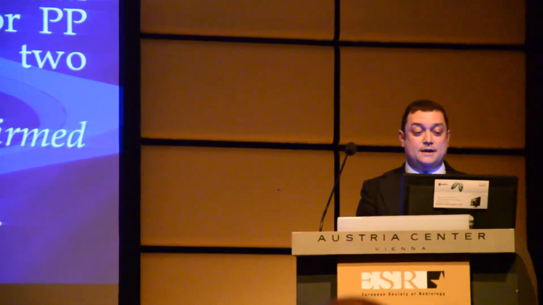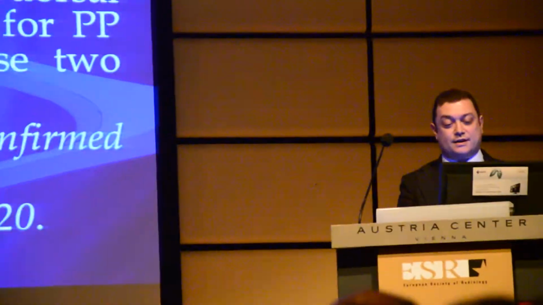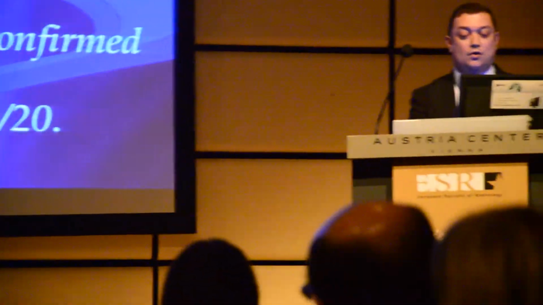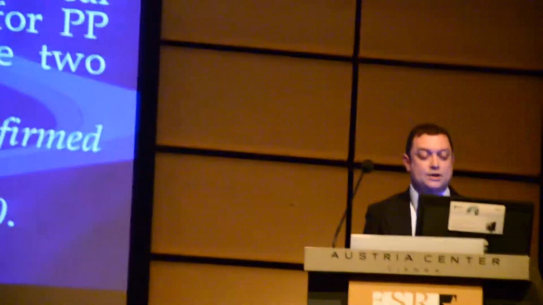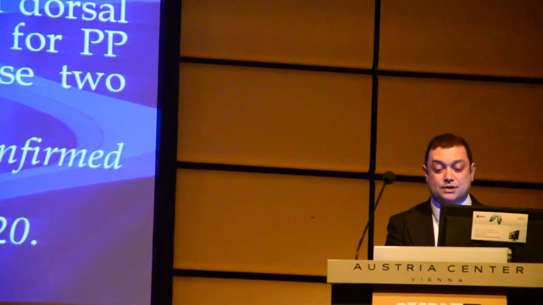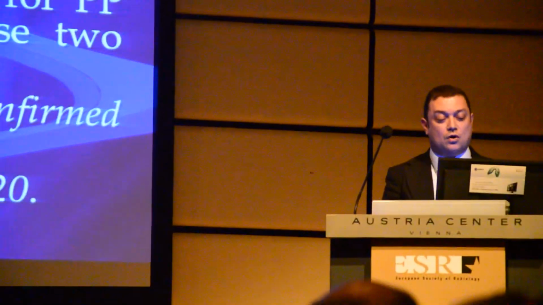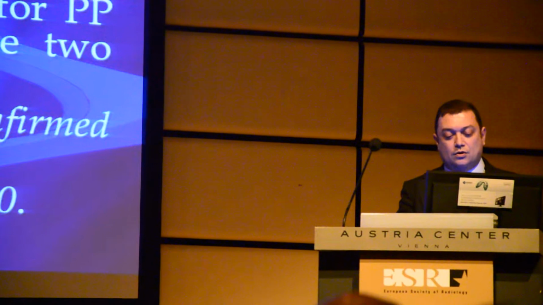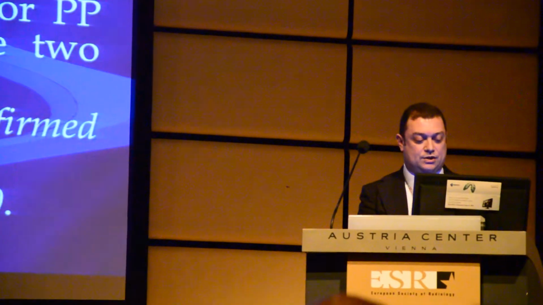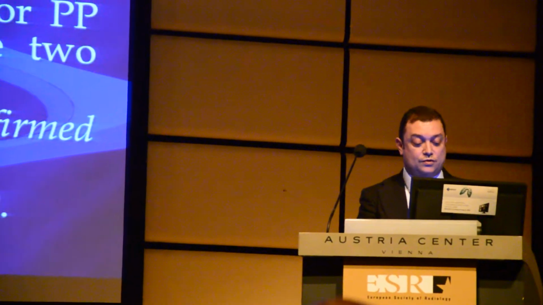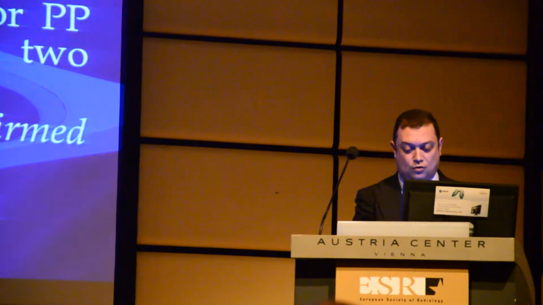Symptomatic patients: 6 patients demonstrated PP tear or dysfunction on both standard position and during stress test. 2 patients demonstrated PP tear only on stress test, and 2 patients had no plantar plate tear on both standard position and with stress test. These patients showed dorsal subluxation only on stress test due to micro instability for PP failure. No tear was demonstrated in these 2 patients. All plantar plate tears seen at MRI were confirmed by surgery. No significant flexor tendon tear was seen in any patient.